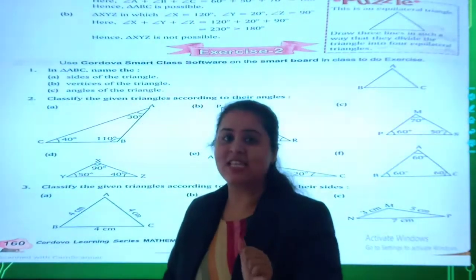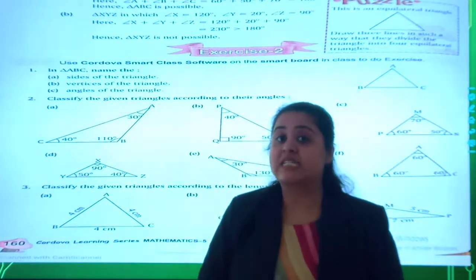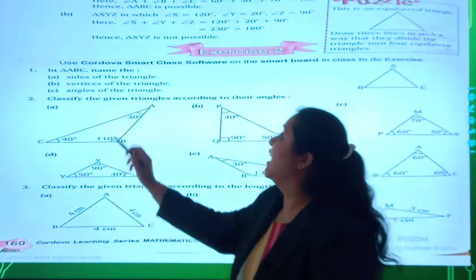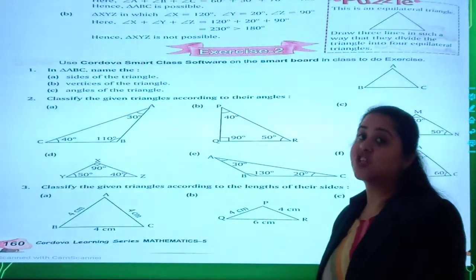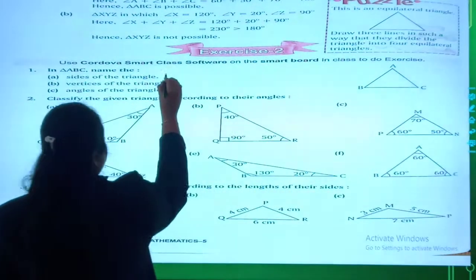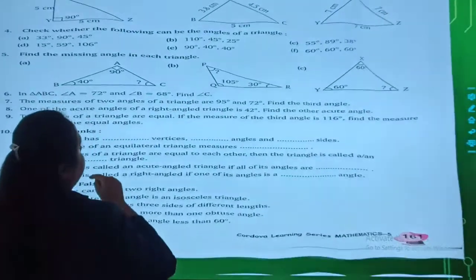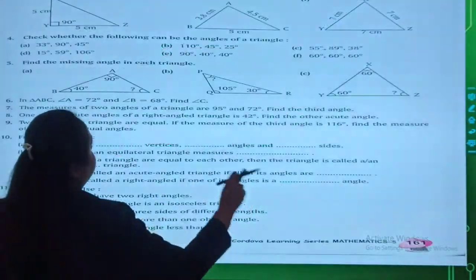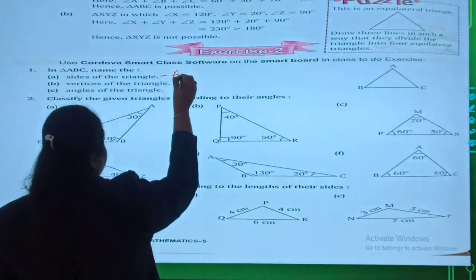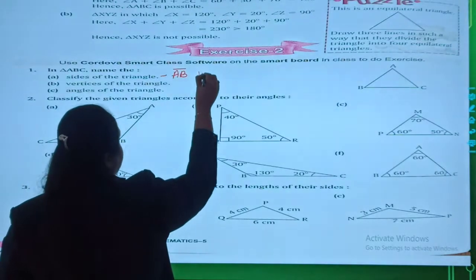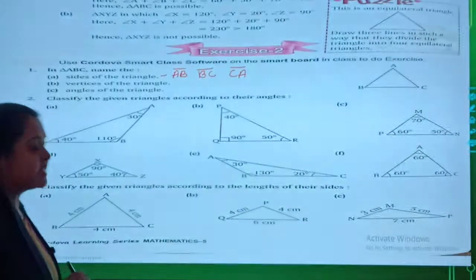It's really fun, right? Because we understand all the concepts of triangles very well, so exercise 2 will also be very easy for us. Sides of the triangle. Looking at this triangle, I need to mention the sides. Let's start it. What will be the sides? Sides will be AB, BC and CA are the three sides.